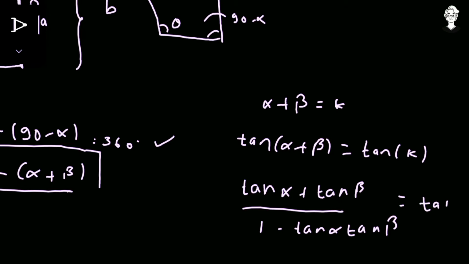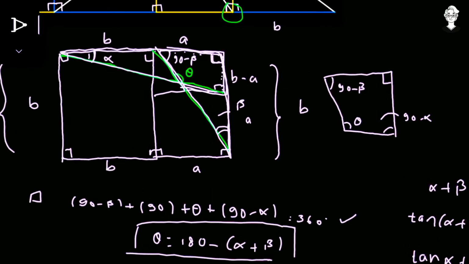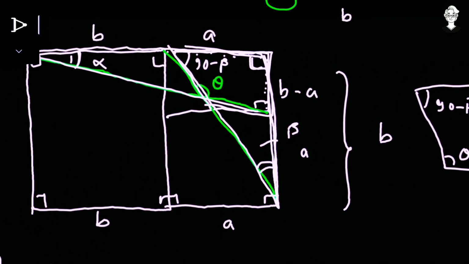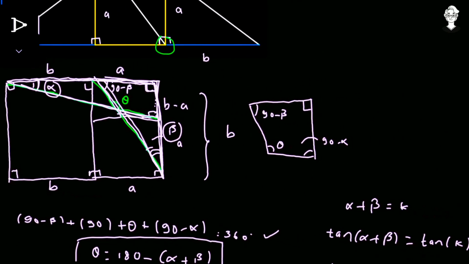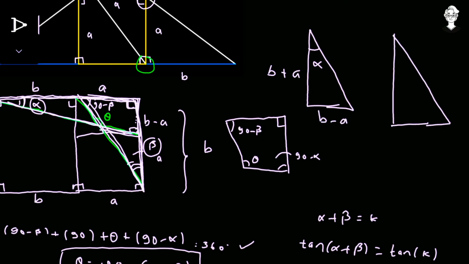Okay. Tan of k. Now from this diagram we can have the value of tan of alpha and tan of beta, because look carefully, in this particular right angle triangle this angle beta was inscribed, and in that particular right angle triangle the angle alpha was inscribed. So as they were right angle triangles and the angles alpha and beta were in them, we can find the values of alpha and beta. So the angle alpha is inscribed in this kind of triangle. This angle is over there, alpha. This side that is alongside of this alpha is b plus a, and the opposite side is b minus a, and the beta one is like this way. This is the angle beta over there.